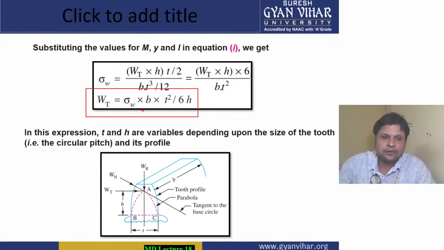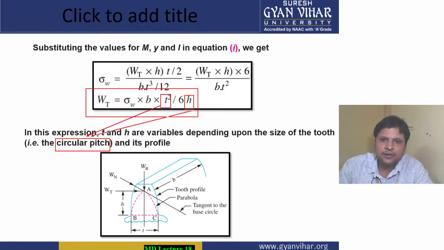Now in this expression also, I have told you this particular term T is based on pitch circle diameter D. Alright, it is based on circular pitch. This term I have explained to you, what is circular pitch. And this H, both depend on this particular circular pitch. So we can write this T and H in terms of circular pitch PC. How? We can write T is equal to some constant into PC and H also equal to some constant multiplied by PC.